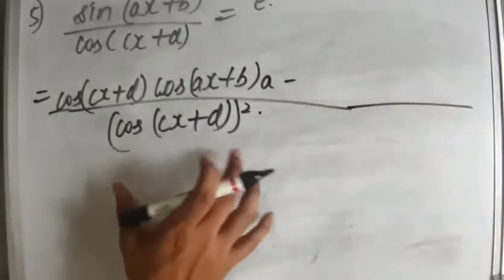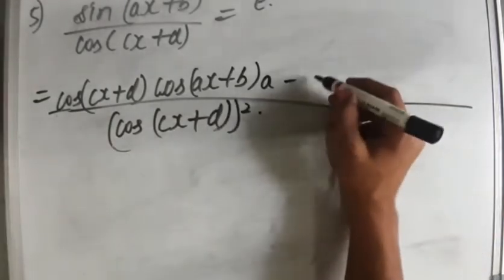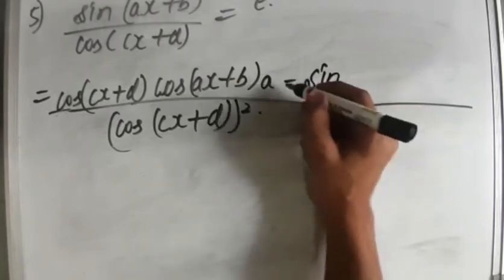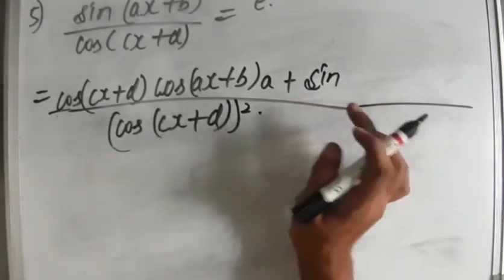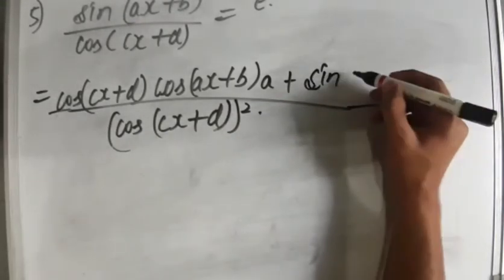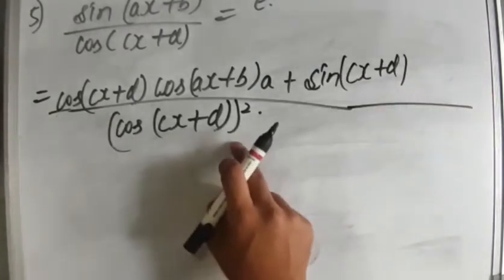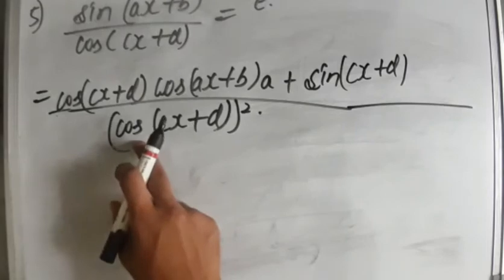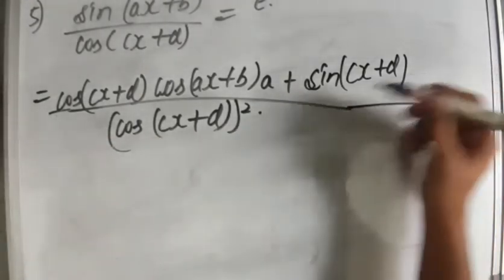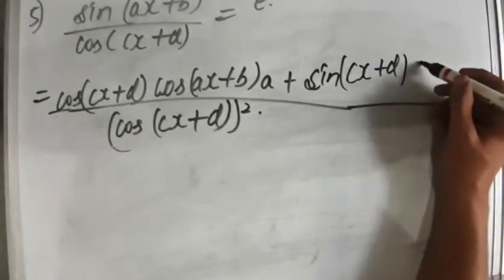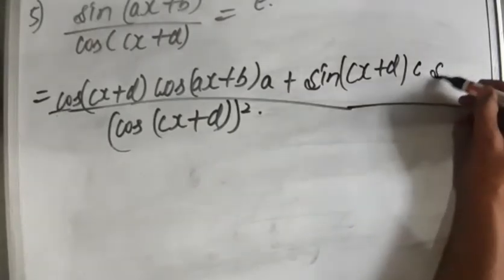Now let us come to differentiation of cos cx plus d. Cos cx plus d differentiation will be minus sine, okay, minus minus plus, that's why I put a plus over here without wasting my time. Sine cx plus d as it is. I have differentiated this cos cx plus d with respect to x, and cos differentiation was minus sine, that's why I put a plus over here, and cx differentiation is c only. And now write down this sine ax plus b as it is.